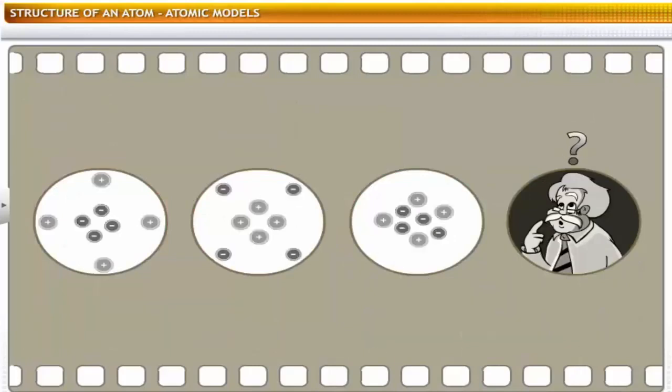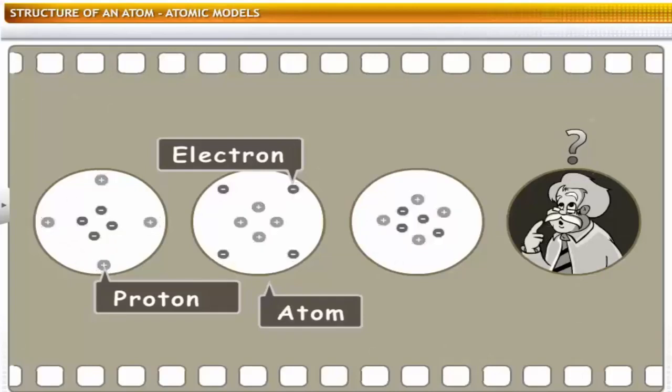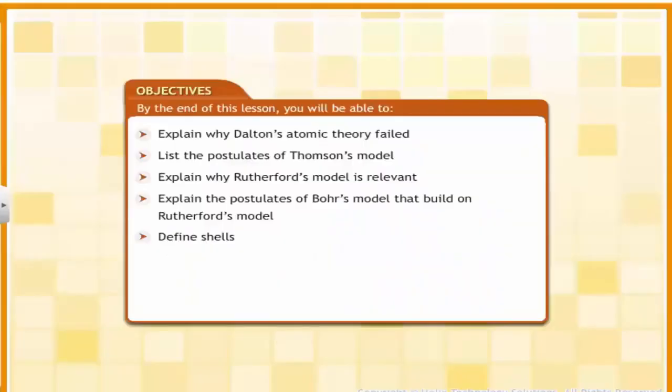These discoveries made scientists believe that an atom was divisible and made up of electrons and protons. What they didn't know at that time was how the electrons and protons were arranged within an atom. They tried to understand this arrangement through various experiments. This lesson introduces you to different models related to the structure of an atom. By the end of this lesson, you will be able to